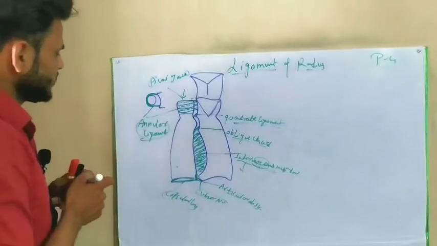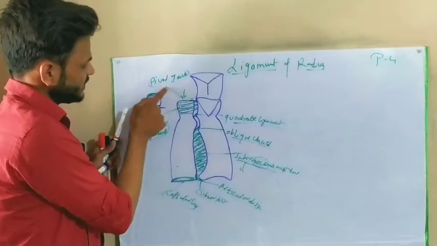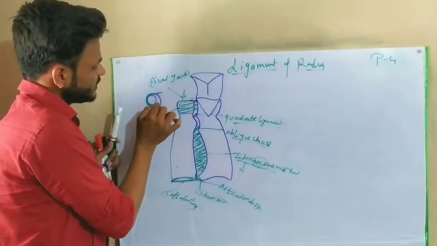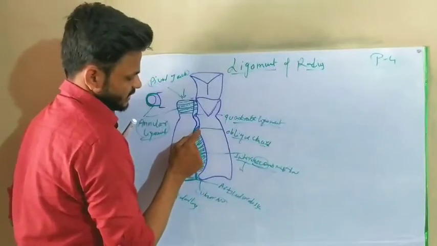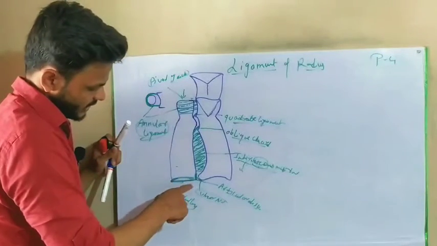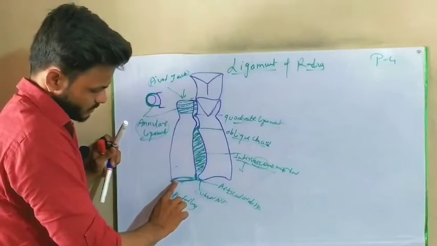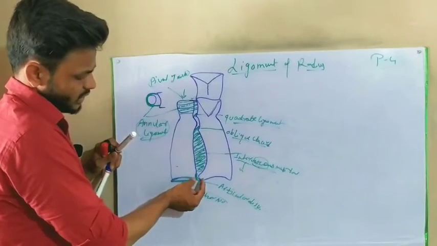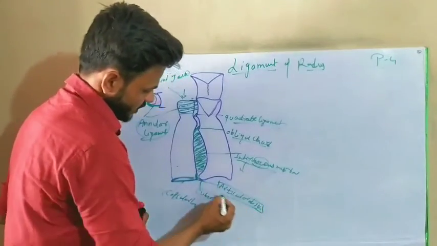These are the ligaments. The first ligament is the annular ligament, which covers the head. If we see it superiorly, we will find the whole head is enclosed in the annular ligament. The second ligament is the quadrate ligament, the third is the oblique cord, and the fourth is the interosseous membrane. The fifth is the capsular ligament on the distal end of the radius, and the sixth is the articular disc, which is in between the two articular surfaces of the inferior radioulnar joint. This is the articular disc.